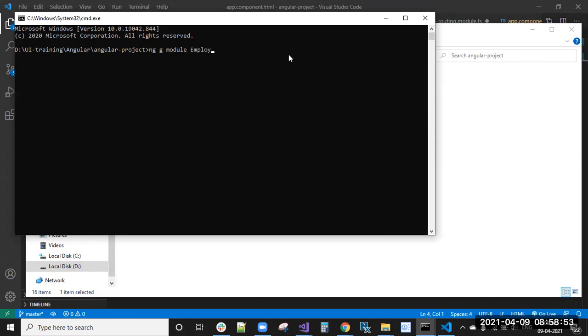So ng generate module employee. If I click enter, you can see it will create an employee module for us. So creating the employee module is done.